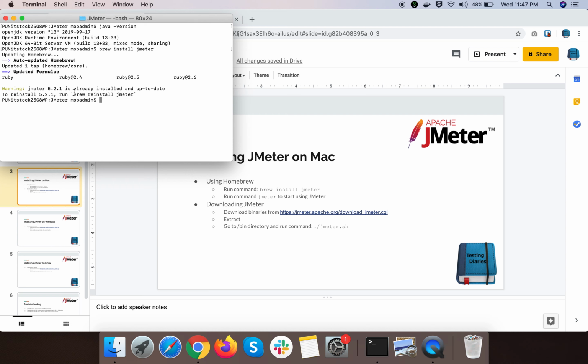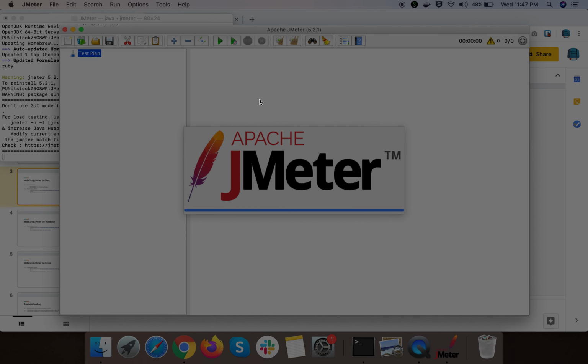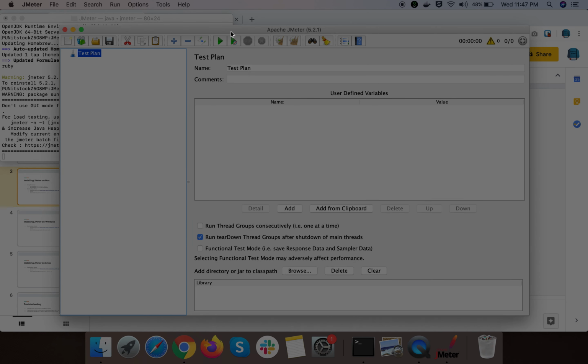But in case you don't have JMeter, the files will be installed, and then you can just run the jmeter command in your terminal, and the JMeter window will open. So this is how we can install JMeter with the Homebrew command. Just type in the command and JMeter will be installed.